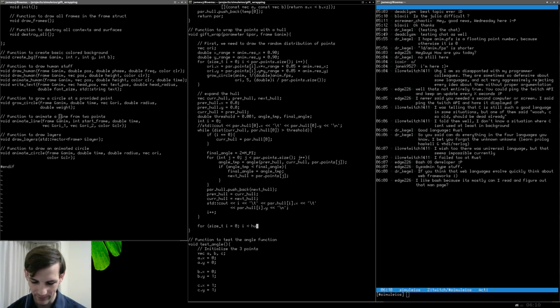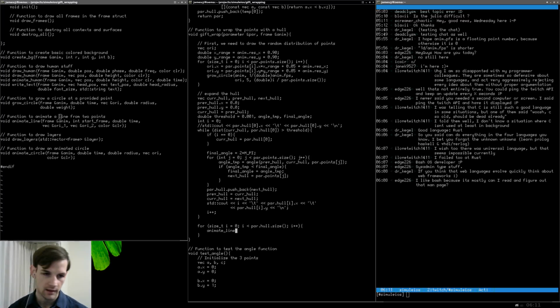I less than par.hole.size, and then we're going to do I plus plus. And again, guys, now what I want to do is animate the lines between each of these guys. So we're going to say animate line, and it's going to be between animation, int start frame. Oh, I have to give it a start frame. Oh, I was getting fancy with this one. So we're going to say start frame. And how about I make the start frame be